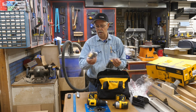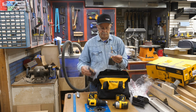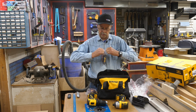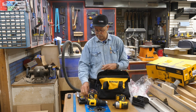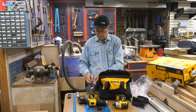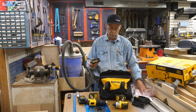These are, I think, the 1 amp hour. Well, I don't even say anymore. 1.5 amp hour. Used to say that on the side. And I'll get these on the charger. I don't generally use the little skinny ones here unless I'm in tight quarters, because they don't last very long. I like the 5 amp hour ones, and I have quite a few of those because I am already vested in the DeWALT platform. So